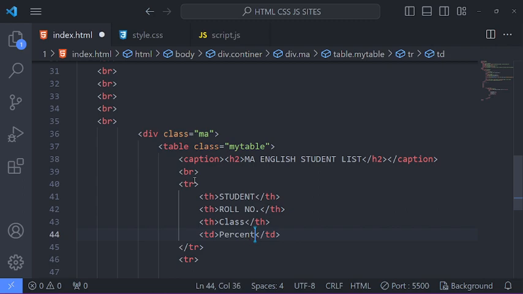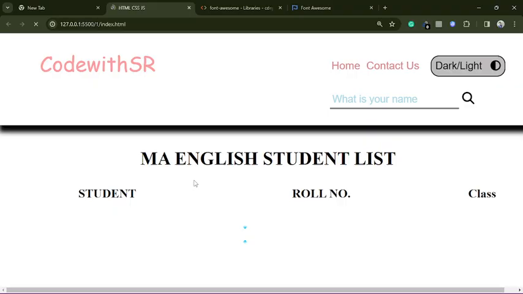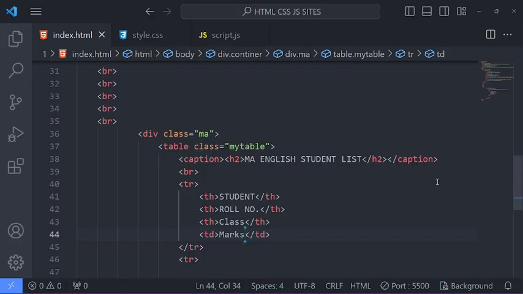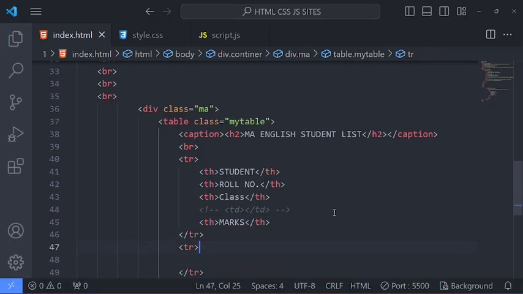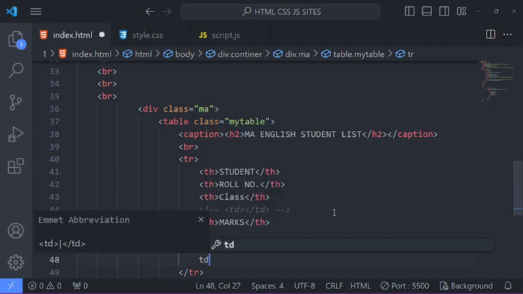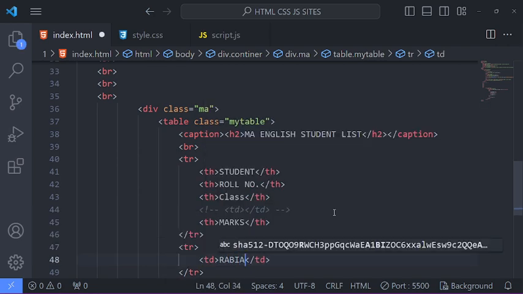Percent. We can say the marks. Where is it? Wait, okay. There will be a th, marks, not marks, like this. Now what we need here is a tr with the id name Avia, and then the